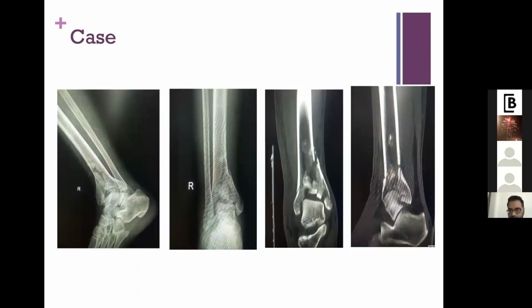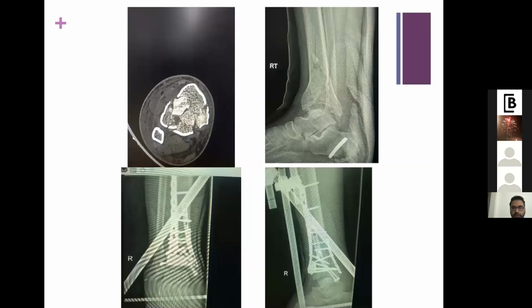Another such case is a high velocity injury with articular fragments going into the metaphyseal area. Once you reduce this, you will definitely end up having a metaphyseal gap. You should fill it: you transport the cancellous bone from above to the subchondral bone, or you can use a substitute to support these articular fragments. Otherwise, there is a high chance of collapse of these fragments.